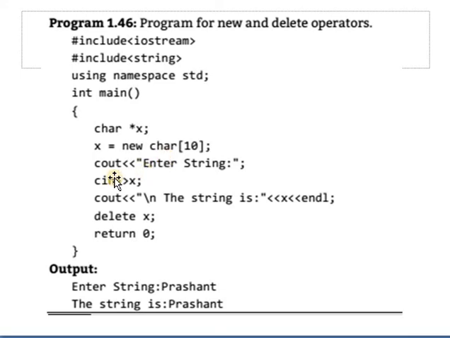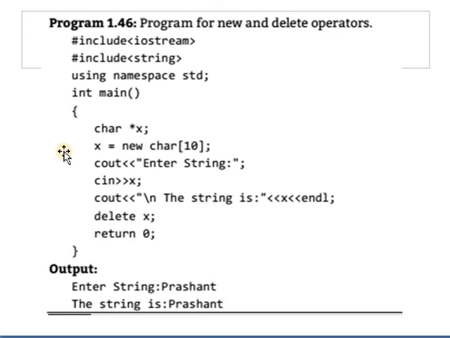Then the message is displayed, enter string. Then that string is entered by using the cin statement. Then the inputted string is displayed by using the cout statement, and after completing the use of that particular pointer variable, we delete it by using the delete operator.